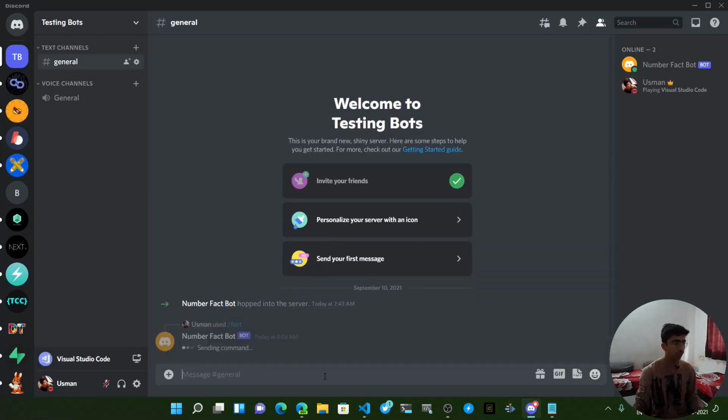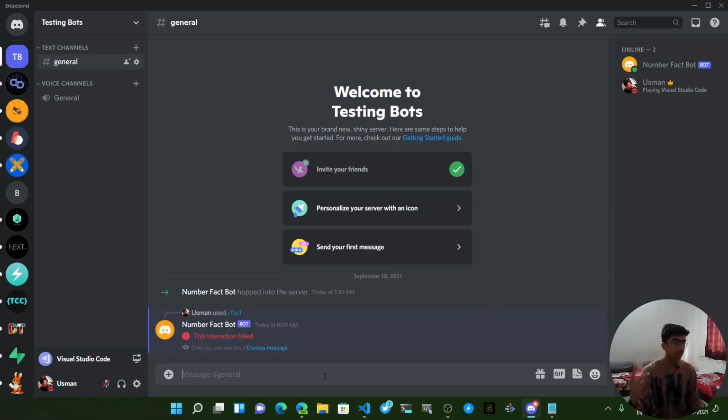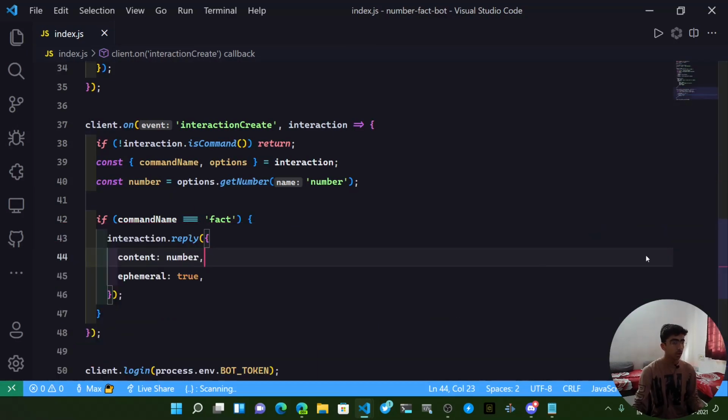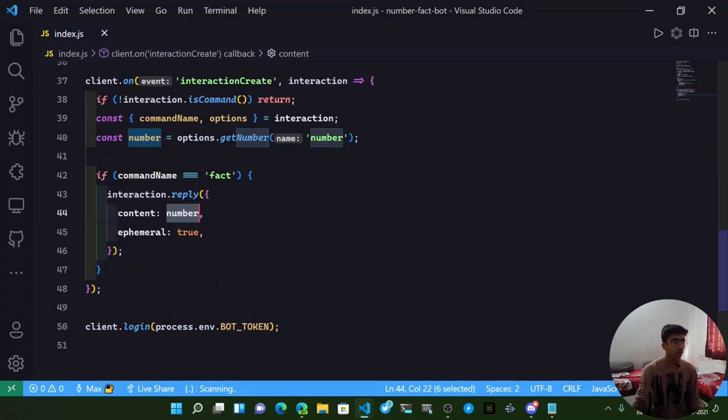So let's just say 65, and it's going to send the command. It's going to reply to you something, and it says this interaction failed. Now I know why this failed. It actually failed because we passed in a number right over here. Here's a cool thing I want to point out: most JavaScript developers get stuck in these errors because they pass in a number where a string needs to be passed in, and that's where TypeScript comes